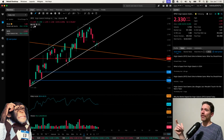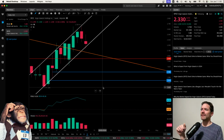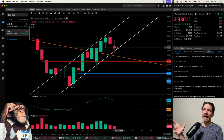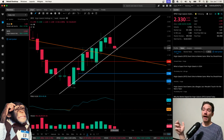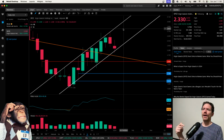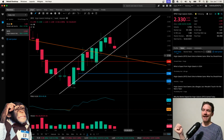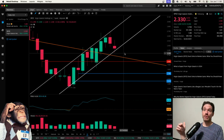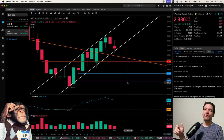And one other thing that I want to do, and actually with both charts, I forgot to do this with Rocket Lab, is just look at this on the weekly time frame. And as we can see, it does look like we have this kind of like spinning top doji for the most recent week. And so that's kind of suggesting that there's some indecision. It might be going to the upside, continuing in this channel, but it could be breaking to the downside. And so based on what I see in the charts, I would guess that it's going to break to the downside, coming down to either $2.20, $2.10, or $2, right around there,